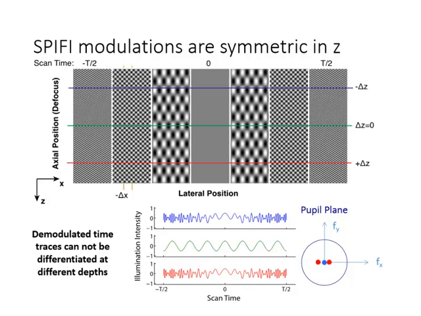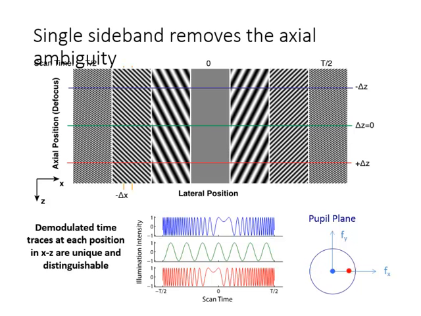As we move away from the focal plane in Z, we can see that the gratings get re-imaged and phase conjugate re-imaged as you move away, and that behavior, which is called the Talbot effect, is symmetric in Z. So we don't get any Z-dependent information if we have these 2 sidebands because of this periodic interference structure. If we block one of those orders from the grating, so that we only have